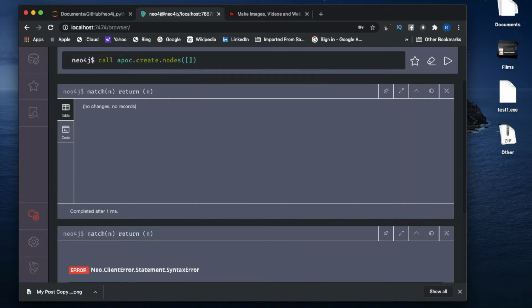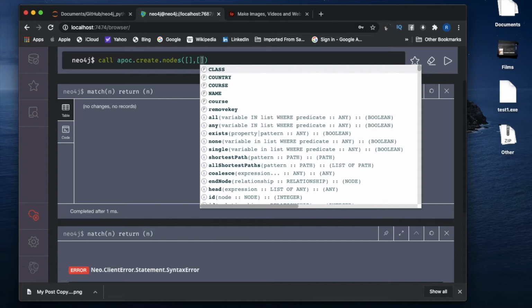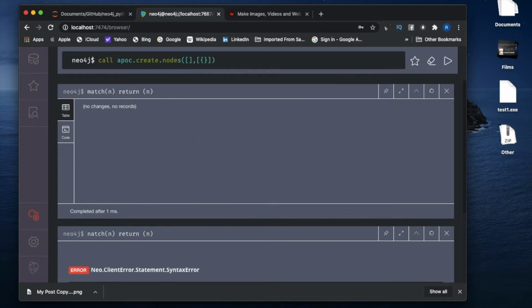The label will be denoted like this, and the key-value pairs, or the properties, are also going to be placed inside a list. Last time it was only a single map, and right now we'll send multiple maps, and every map will be present inside a list.